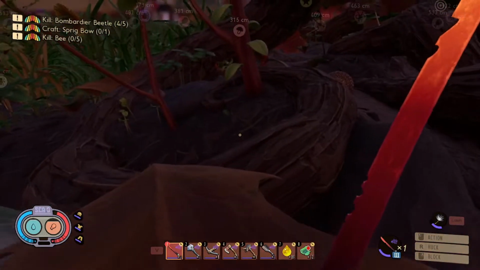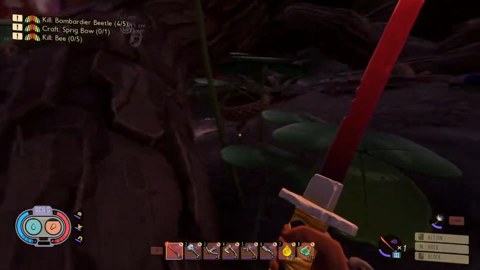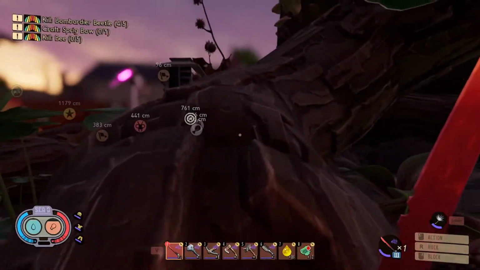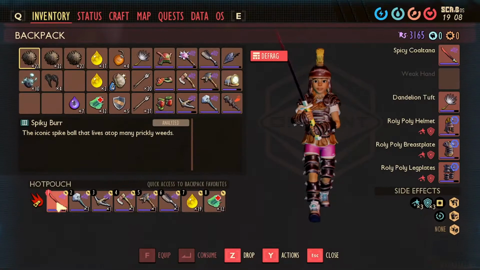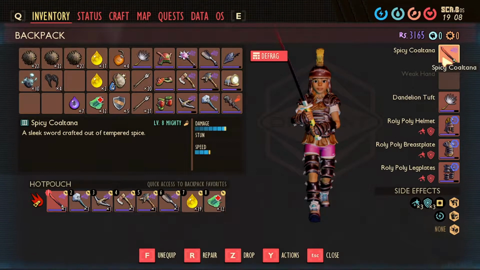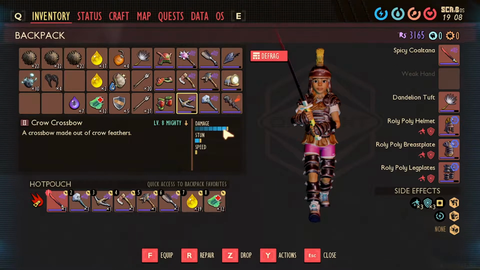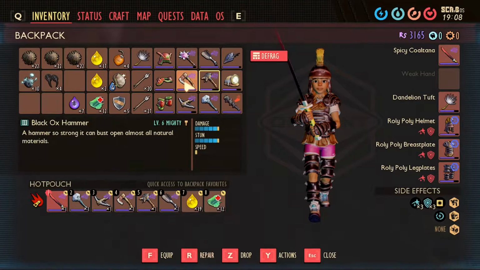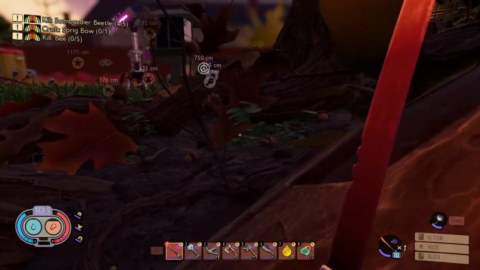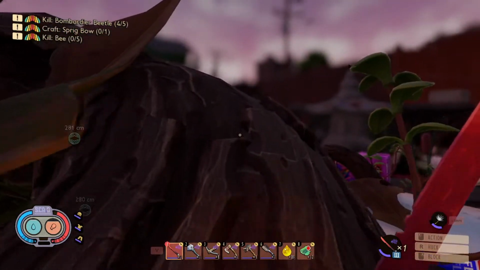But since I'm on mild and my armor is like... What level is my armor? It's level 9. And my weapons are level 8, level 8, and level 8. Almost all my weapons, I should say, are level 8. So I don't have that much to worry about. And since I have Mutations,